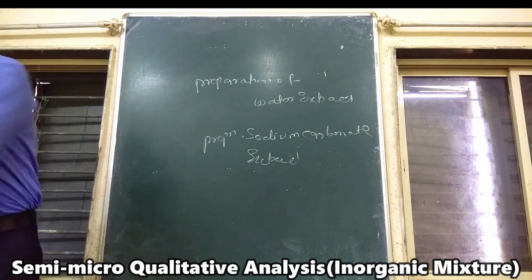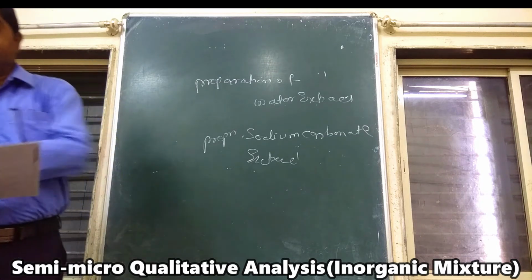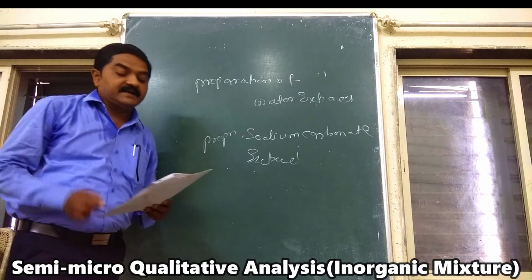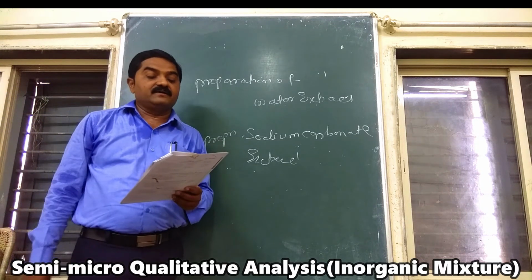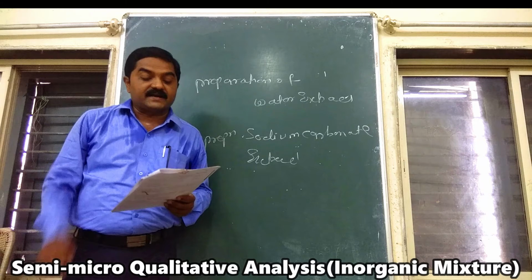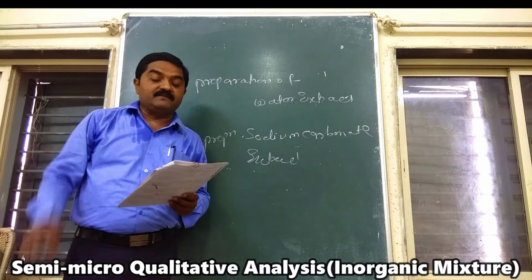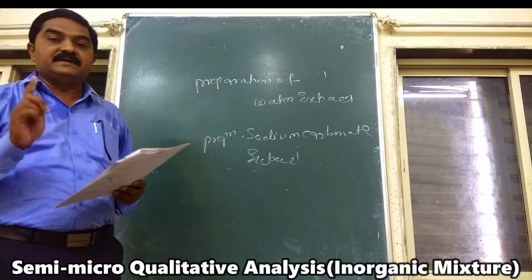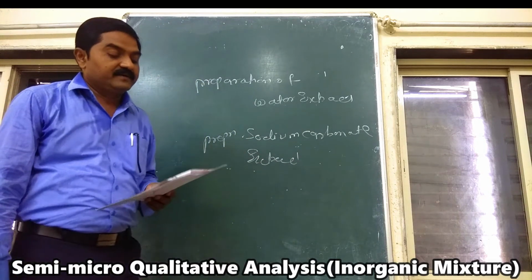As the common nitrites, thiosulfate and acetates are soluble in water, the confirmatory test of the acidic radicals can be performed with the water extract of the mixture. In order to prepare the water extract, use 1 to 2 grams of the mixture in 10 to 20 ml distilled water in a test tube for 2 to 3 minutes, filter and use the filtrate as a water extract. Then the preparation of sodium carbonate extract.